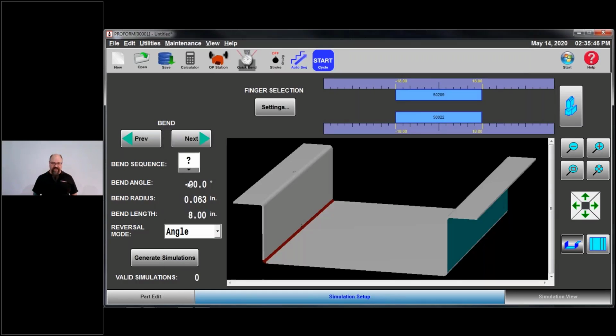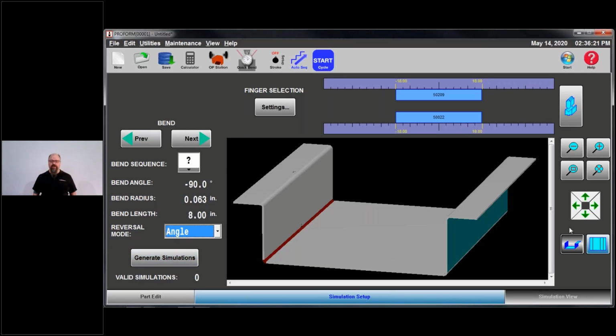All right, so then down here I have my generate simulations. Now you can change your mode here, but graphics mode is not going to be overly useful if you're trying to do bottom bending, tonnage mode bending. Position mode, yeah, but if I can get away with angle mode, I'm going to use angle mode. And again, I'm not going to dig too deep into that because we've covered that in the previous webinar. I'm just going to come down here. I'm going to hit generate simulations.